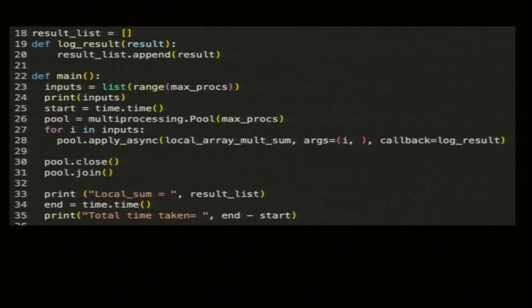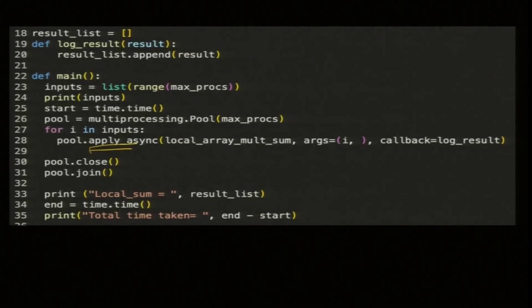Now, we have apply_async. Okay, this is another way to do it. Async is asynchronous. We want asynchronous, in the sense that we can start things and they are all independent.